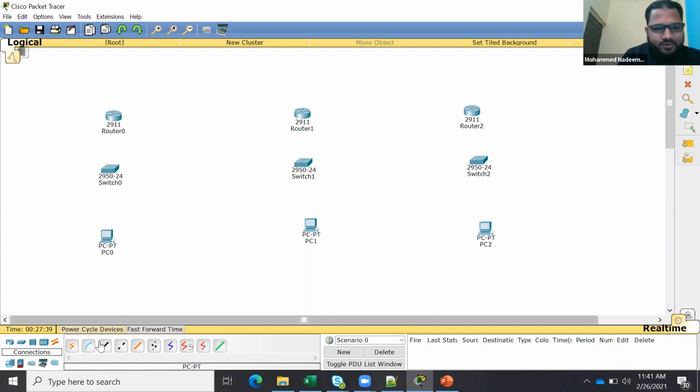Okay, so now if I go here, I use automatic cabling from this LAN machine to the access switch. Then again this LAN machine to the access switch, then this LAN machine to the access switch. Okay, they are connected, FastEthernet 0/1, 0/1. Then from this switch to the router. See, can you see now?